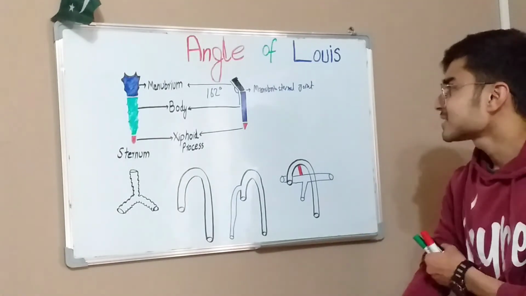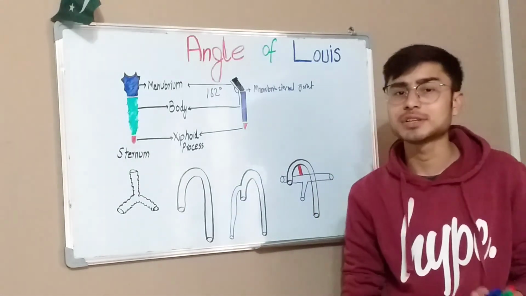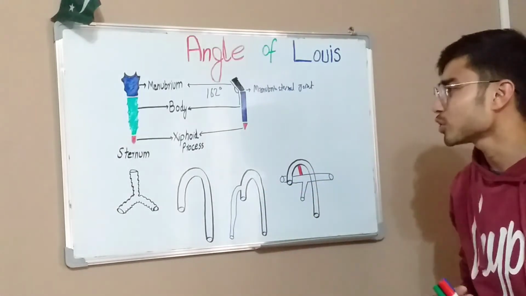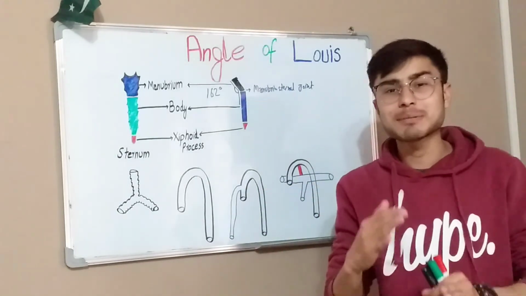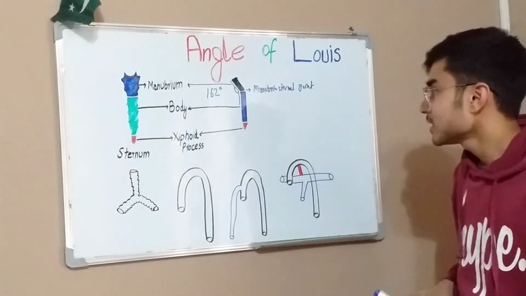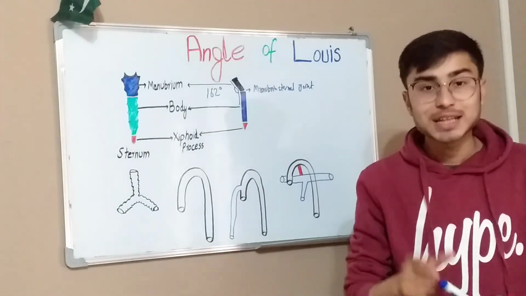Now, the sternal angle is very important in topographic anatomy. There are some very important structures that you can find at the level of the sternal angle. Now, at the level of the sternal angle, there is the attachment